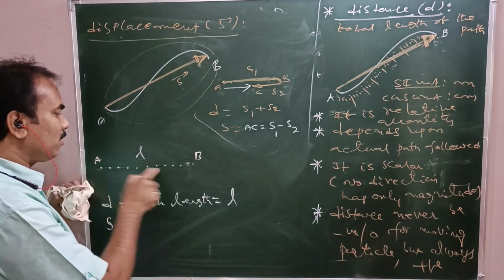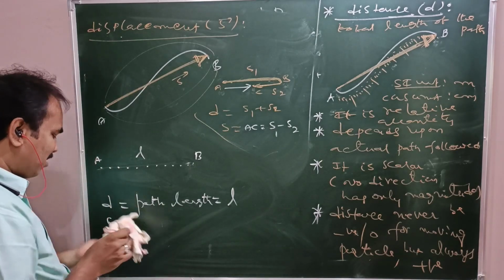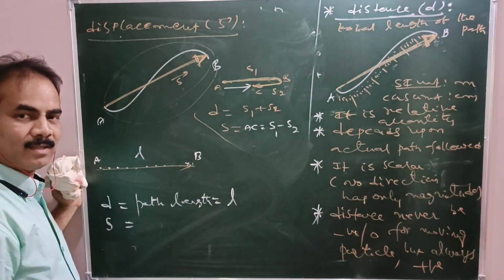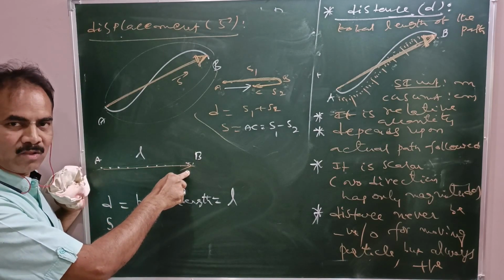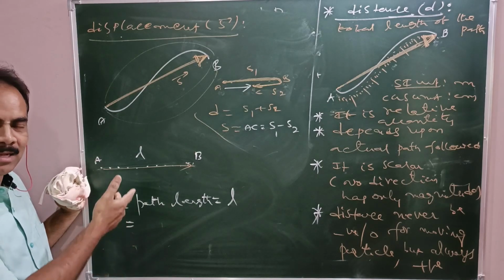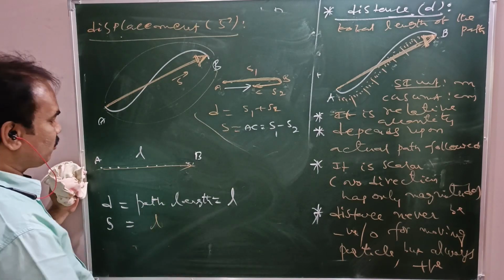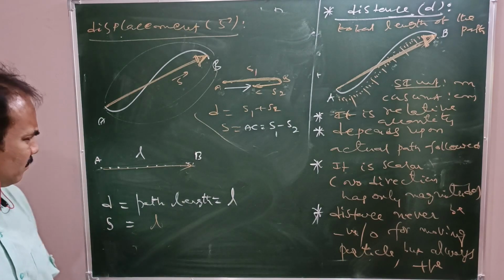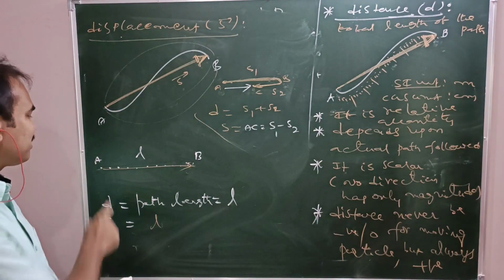See, this is the initial position, this is the final position. So the path is also the same. A line segment drawn from initial position to final position is also the same. Both are coinciding here. Right? The line segment joining initial position to final position, the arrow mark, coincides with the actual path followed. It means the magnitude of displacement becomes equal to distance. So displacement is also L. In this case, distance and displacement are one and the same, provided the path is a straight line and moreover the direction is not changed.